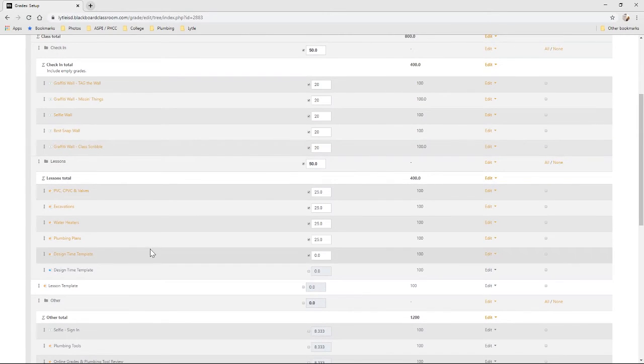So we made these two today. The design time template. This was our lesson, and this is our assignment. Well, these are the four that were previously for the four weeks. And now we've got a fifth one and a sixth one. Well, maybe we decided we didn't want to use this one